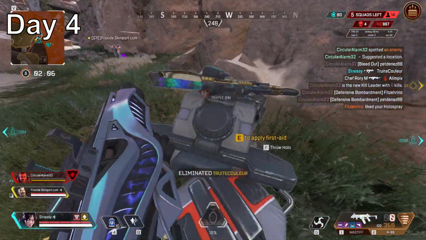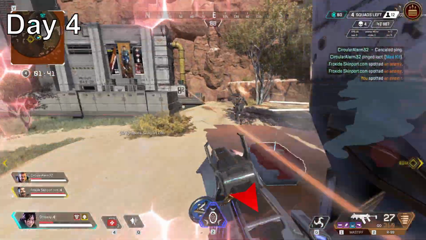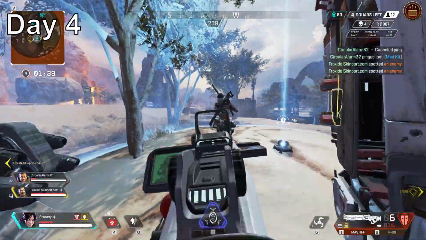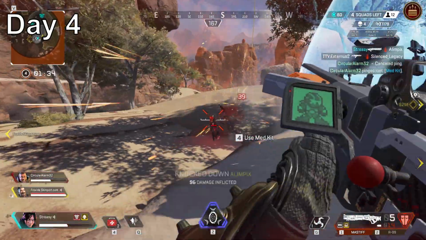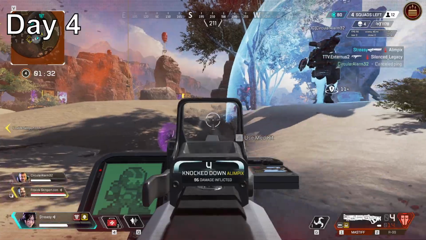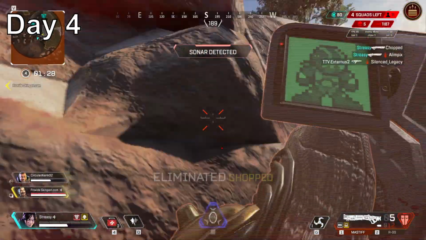After we looted up more to the point we didn't really need anything else, we headed to our circle to face off the last 4 squads. After we made it near the bunker's entrance, we eliminated a squad that ran up to us while we were opening the bunker's care package. Then we got third partied by a team that was in a small town,